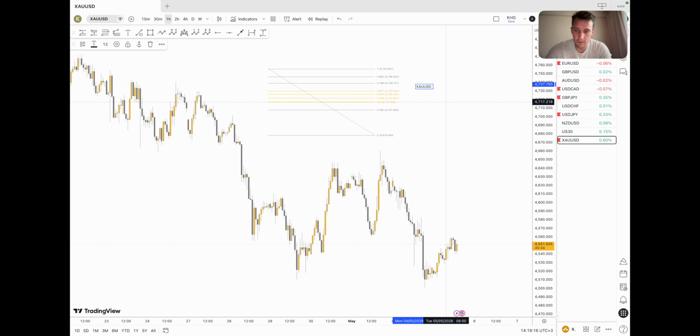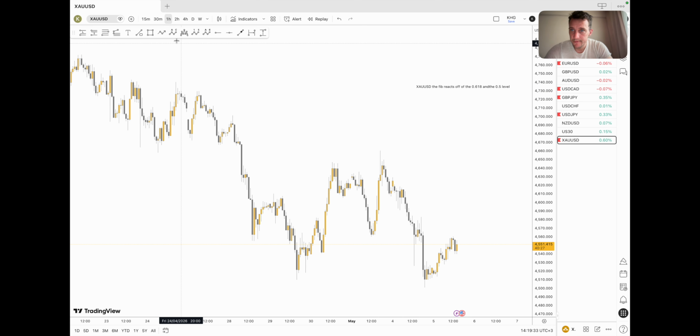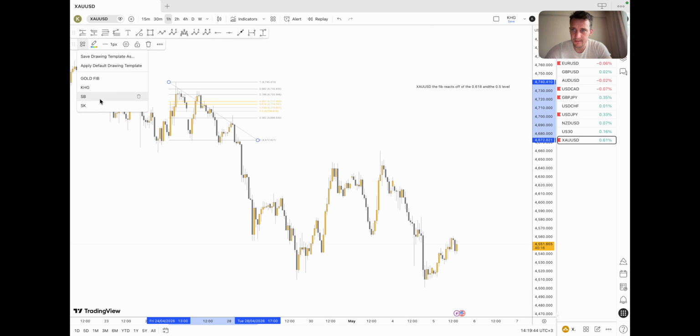So on the gold pair, the fib reacts off of the 0.618 and the 0.5 level. And what I mean by that is this right here. The SK system and the SB system are two different systems. The SB system works best for gold, and the SK system works best for everything. But I want to teach you guys this,